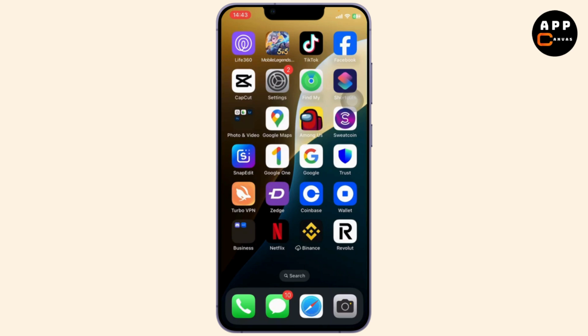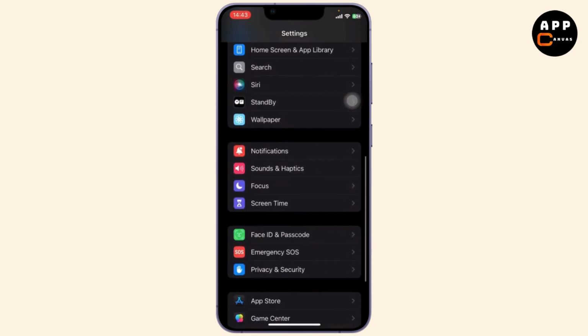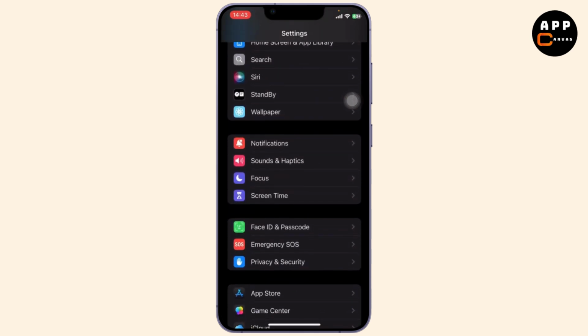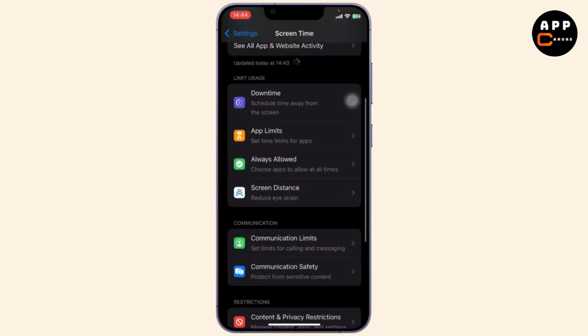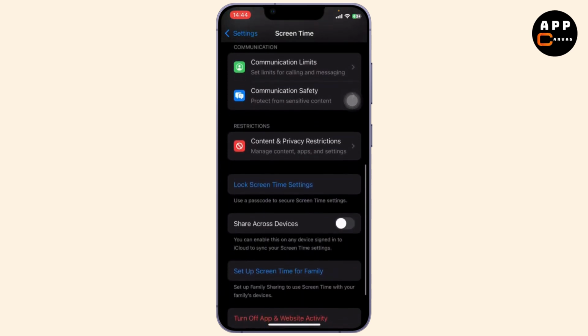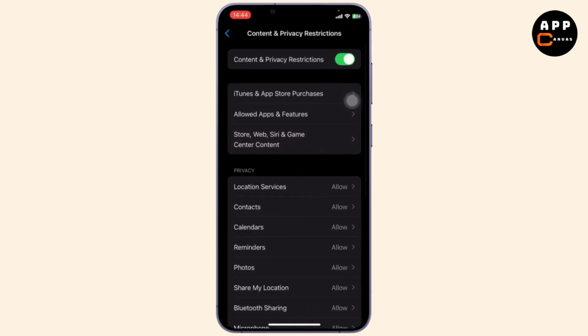First, what you'll need to do is go to your settings, and after you're on your settings, scroll down. After you scroll down for a bit, you will see the Screen Time option. Tap on Screen Time. Now what you'll need to do is scroll down again and tap on Content and Privacy Restrictions. Now here what you'll need to do is turn on your Content and Privacy Restrictions, and